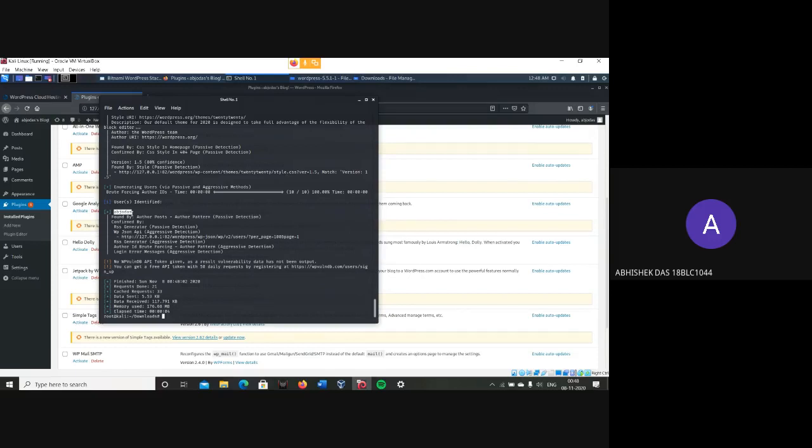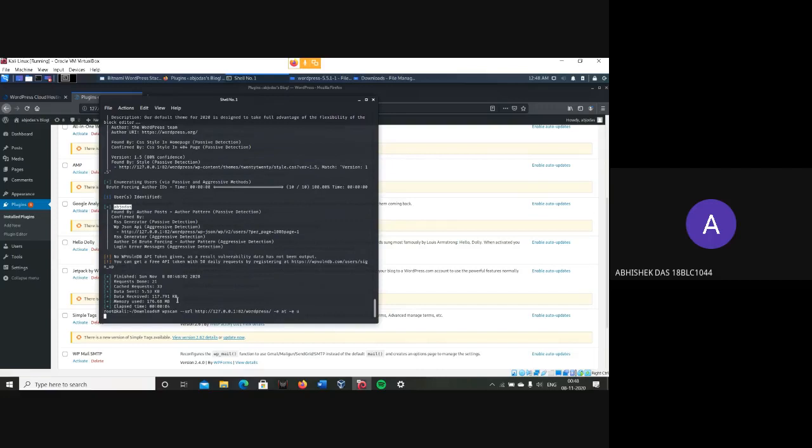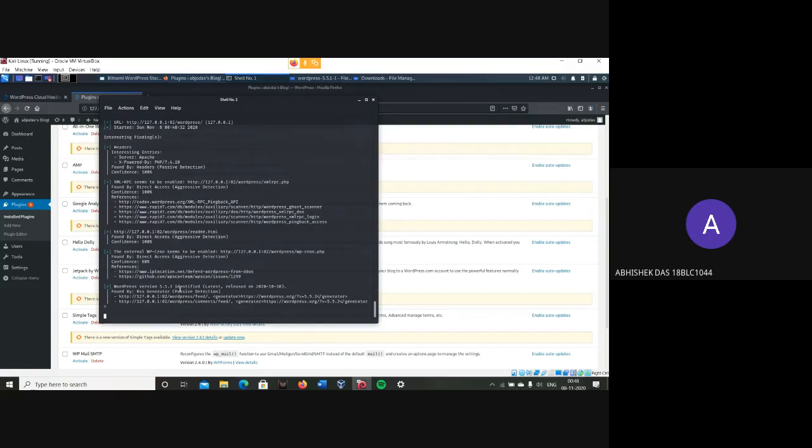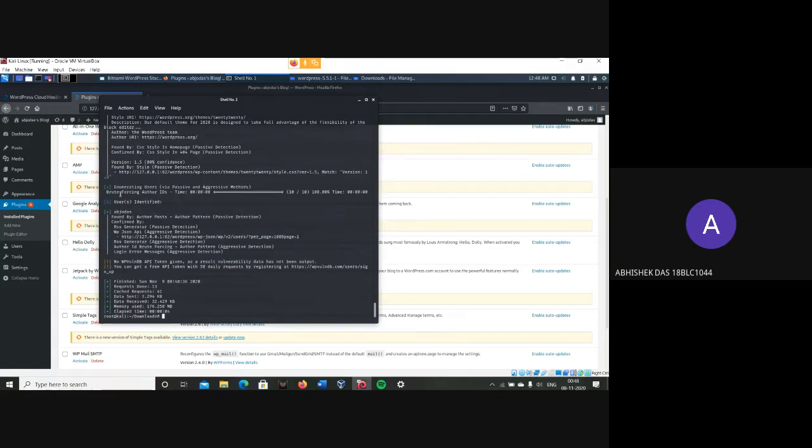Now there is also something called enumerating multiple data. For that, we just replace U by at slash E and U, and this can help us in finding the multiple usernames which are being used. Although in this case we are not using multiple usernames, so we are just going to get Abjodas. As you can see, the way it is finding it is basically through brute forcing author IDs,